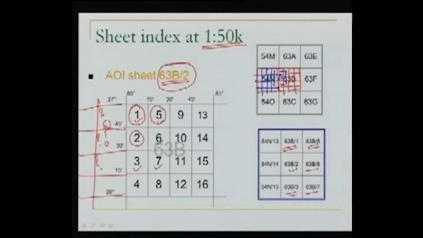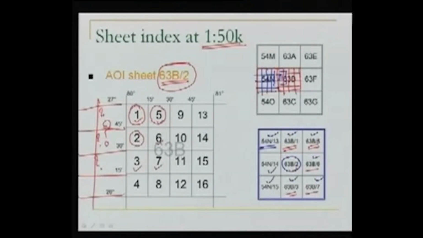These numbers will obviously be 54N by 13, because this will be 13, 14, 15 and 16, as you can see, 13, 14, 15 and 16. So 54N by 13, 54N by 14, 54N by 15. So the final sheet index will look like this. For our area of interest, these are the sheets